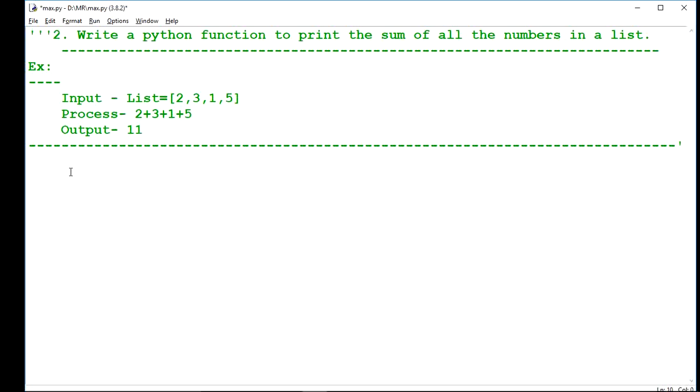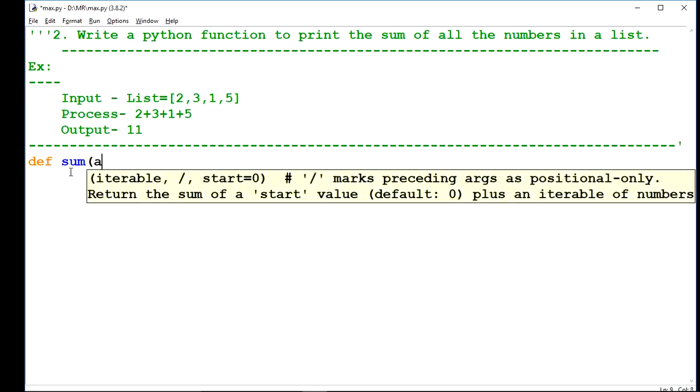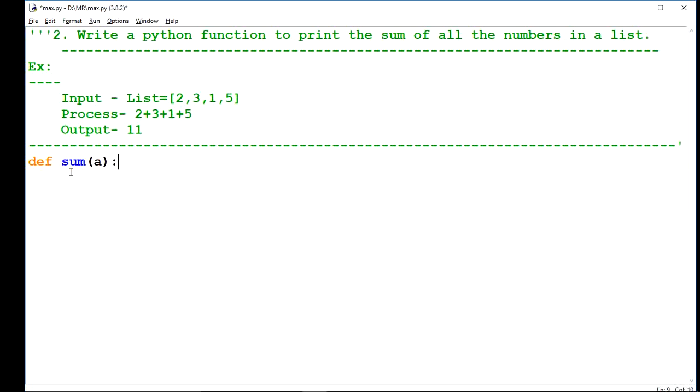So now design the function for it. Def, I am taking the name as sum, with parameter A. What is A? A will be the list.